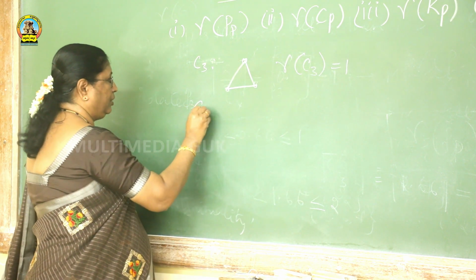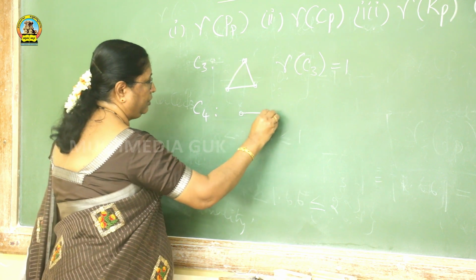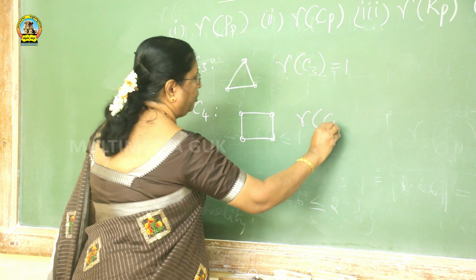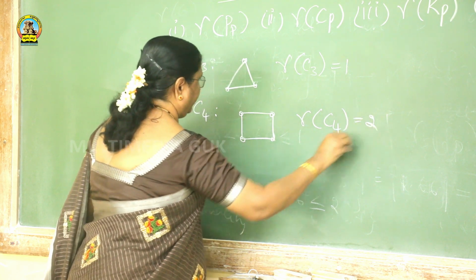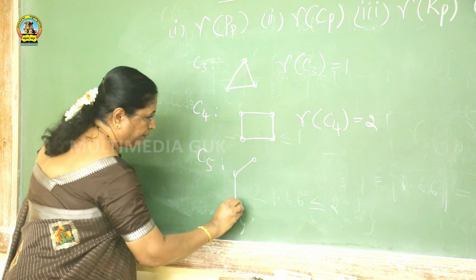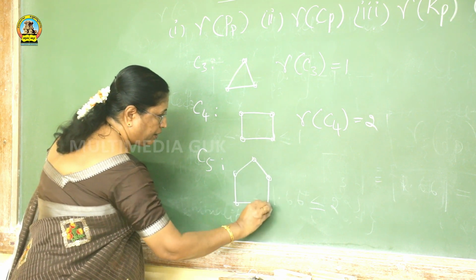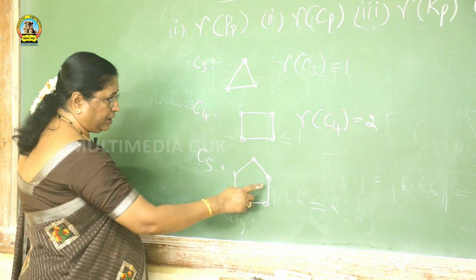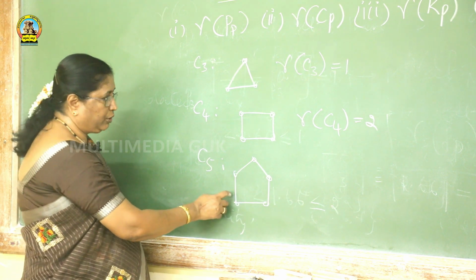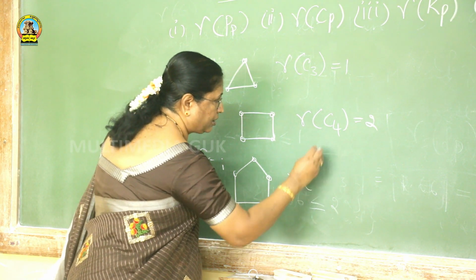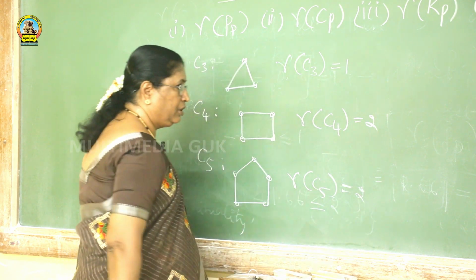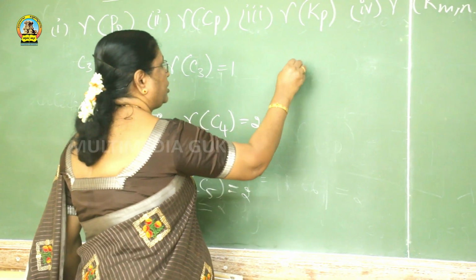For C4, the domination number is 2. For C5, you can take any opposite vertices. So with that, the domination number of C5 is also equal to 2, and the next one,